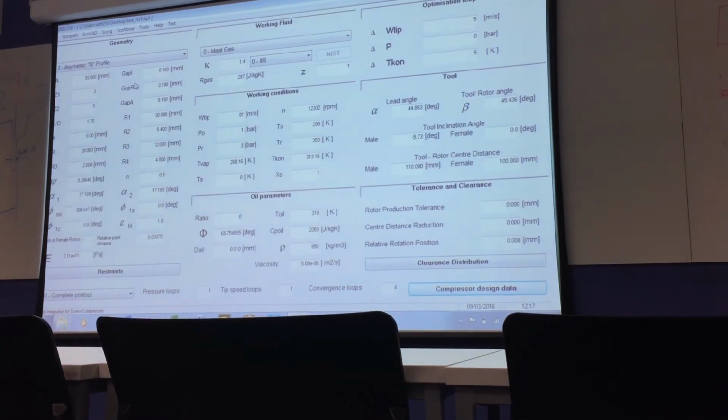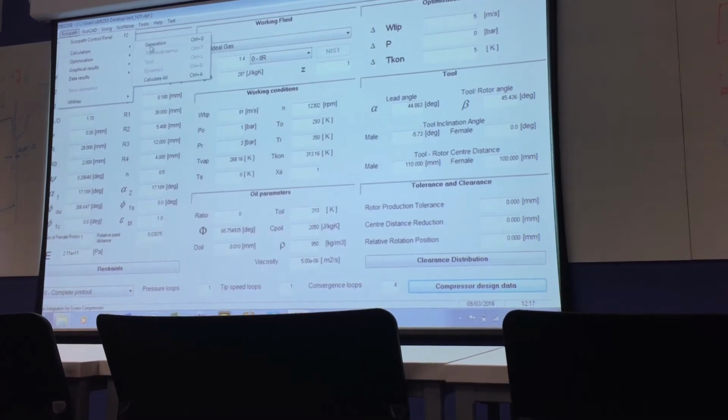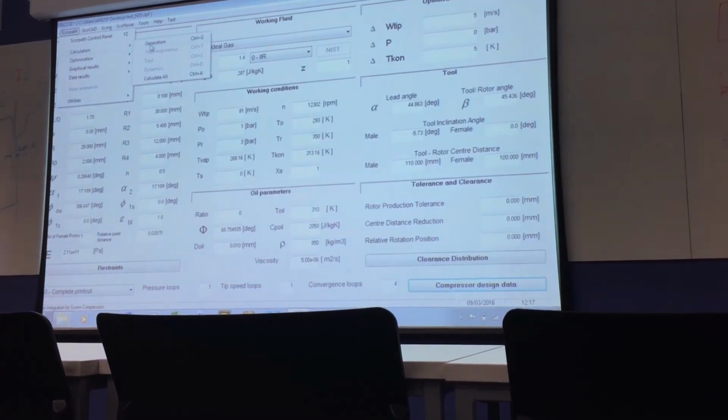So what we do is we go to score path, calculation, and do a generation. This generation will make the profile for us.